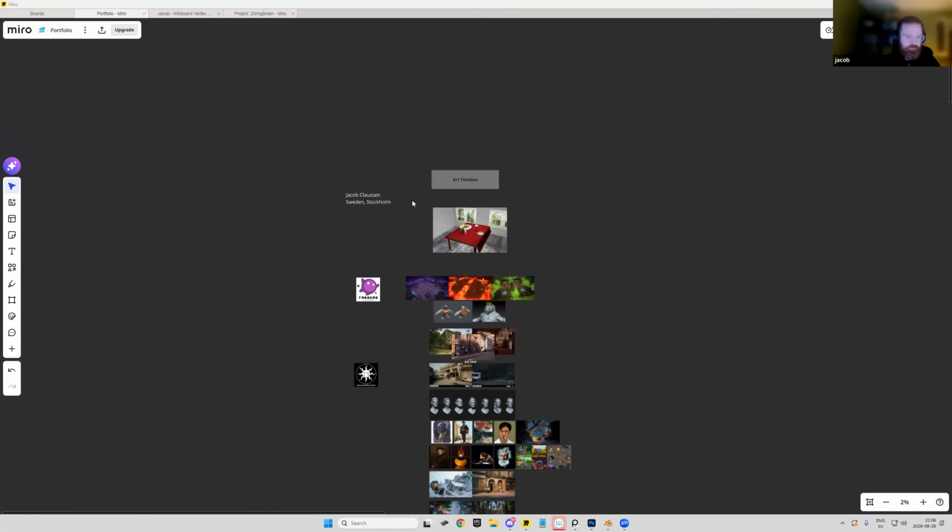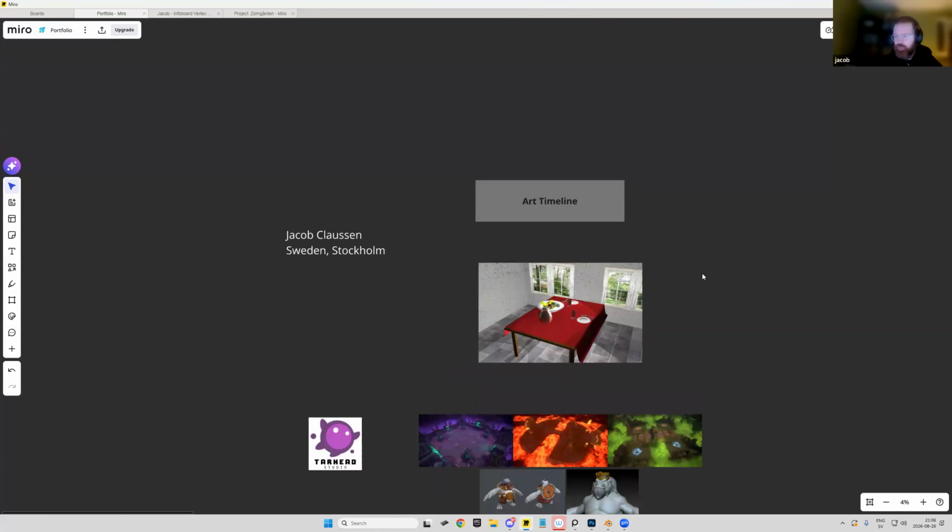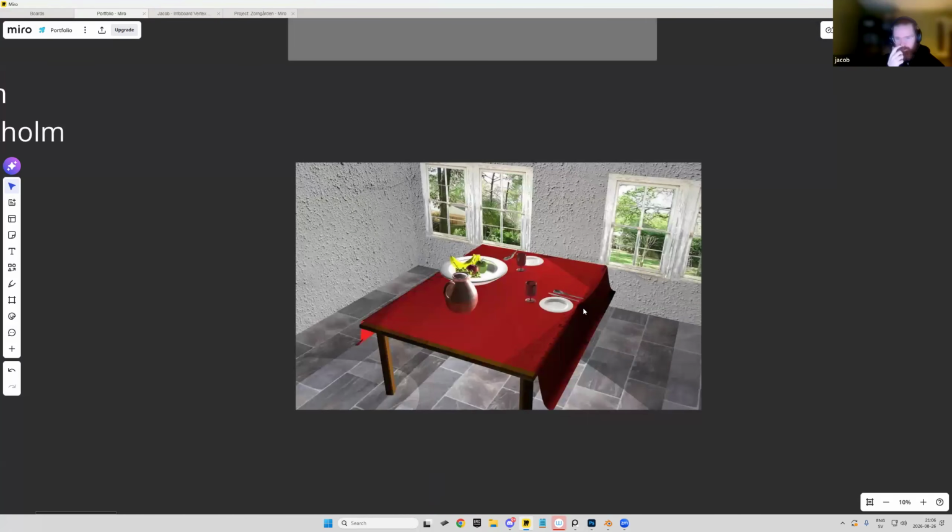But yeah, I'm gonna go through a little bit of my art timeline here, just so you can see where I come from, what I've done so far, and how I went into the industry. I actually found my first 3D scene ever, so I was looking around a little bit. This must have been like 2012, I think, where I created my first 3D scene ever